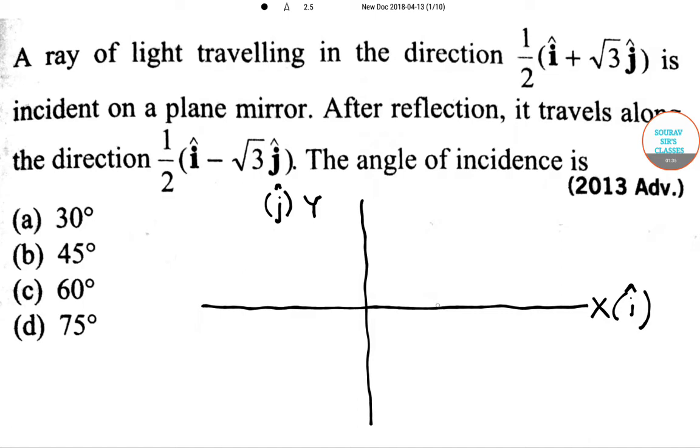So let us assume this much part indicates positive half, and this much part indicates root 3 divided by 2. Why root 3 divided by 2 and why half? Because this part is actually